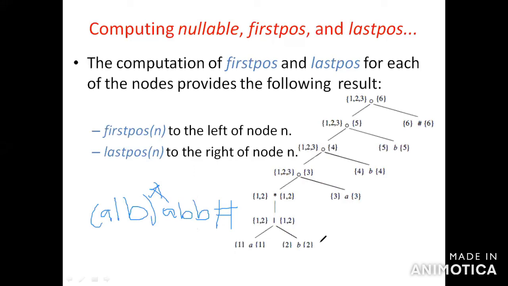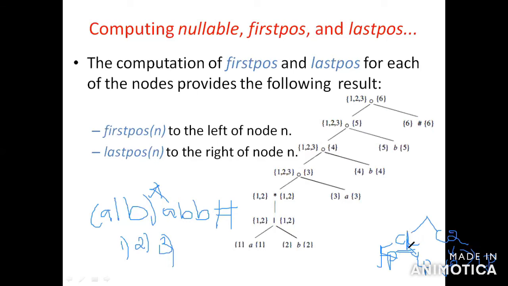In that syntax tree, we consider two things. One is that the leaves are the alphabet symbols, and the other nodes are operators. That is the second consideration. For the third consideration, I give the numbering to all the leaves. The left child is C1 and the right child is C2. Just keep in mind: in C1, left is the first position and right is the last position. In C2, left is the first position and right is the last position.